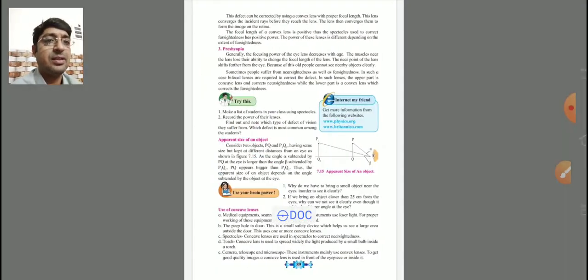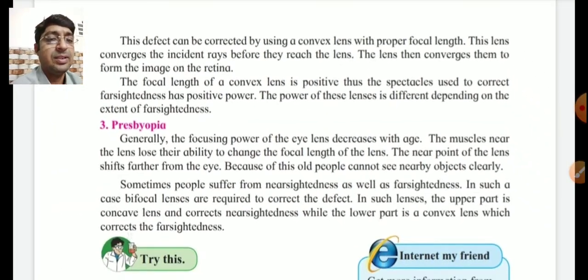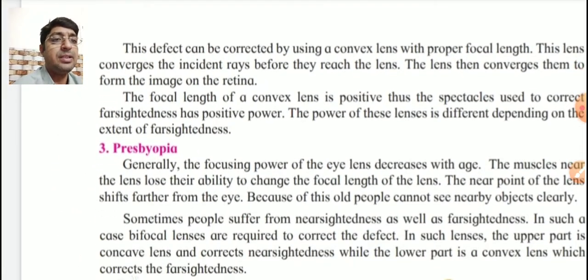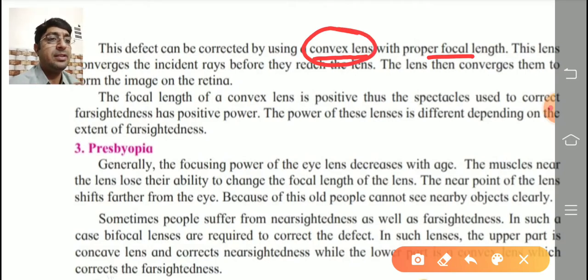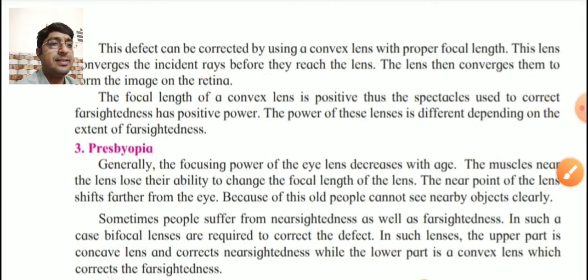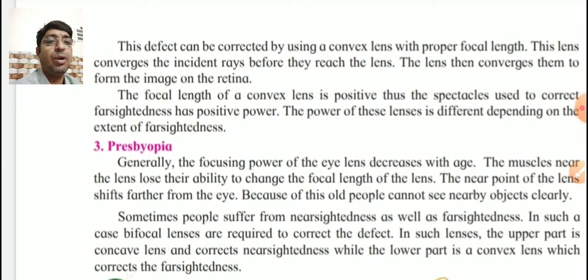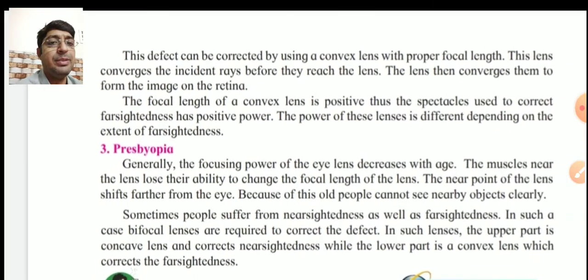Next, the defect can be corrected by using a suitable convex lens with a proper focal length. So if you write this word, convex lens is used for its correction, you are getting 1 mark. This lens converges the incident rays before they reach the eye lens. The eye lens then converges them again to form the image on the retina, means